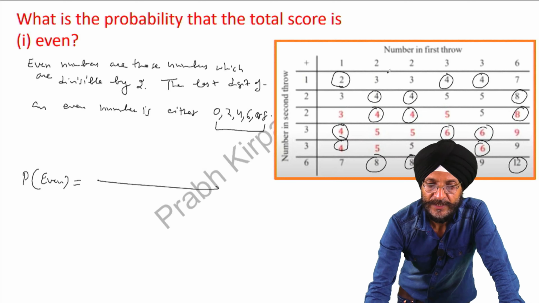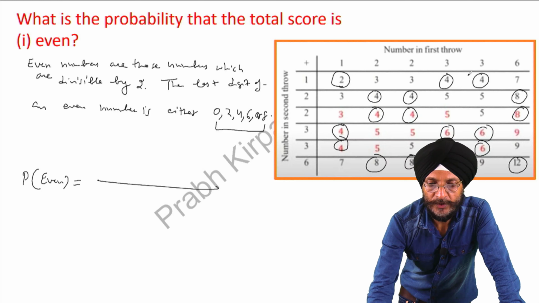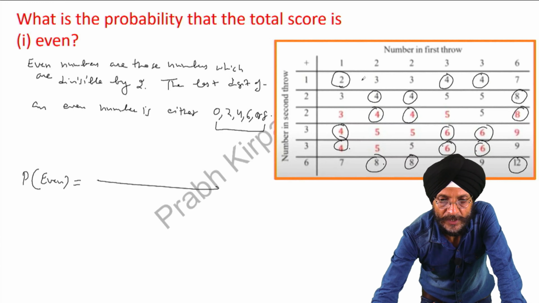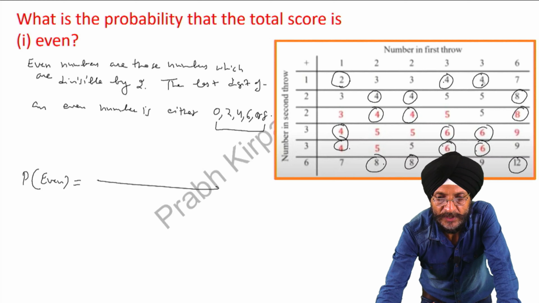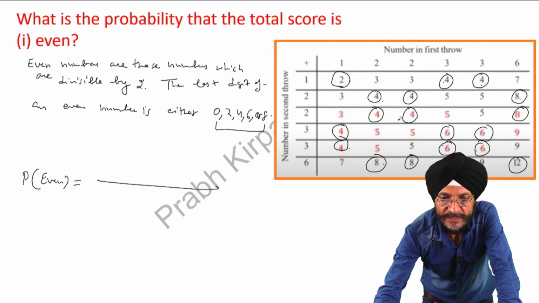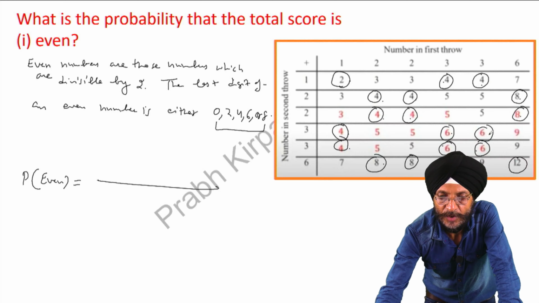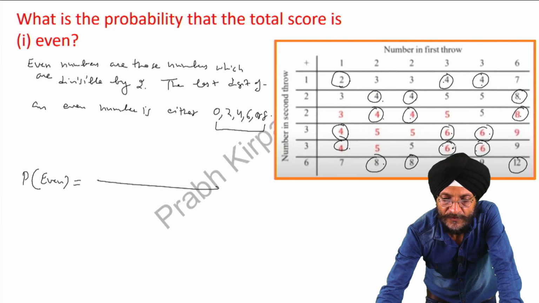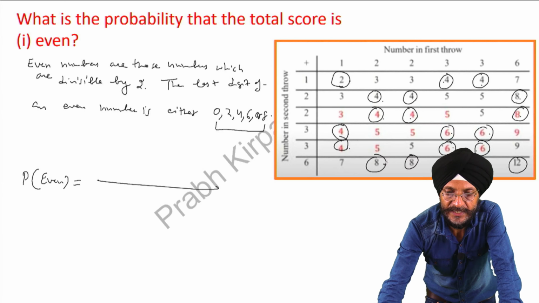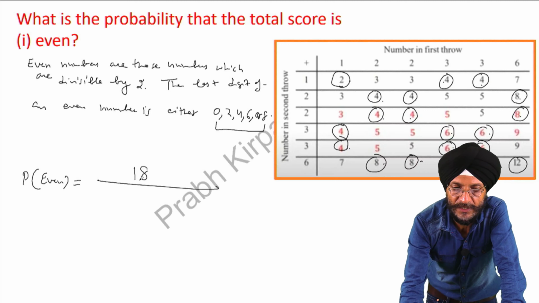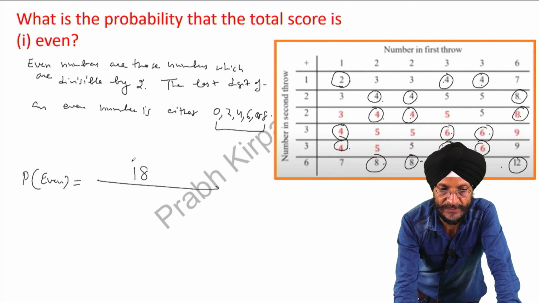We calculate the even numbers again, there seems to be some mistake. 1, 2, 3, up to 18. These are 18. So the number of favorable outcomes are 18, where there are even numbers, and this is to be divided by the total